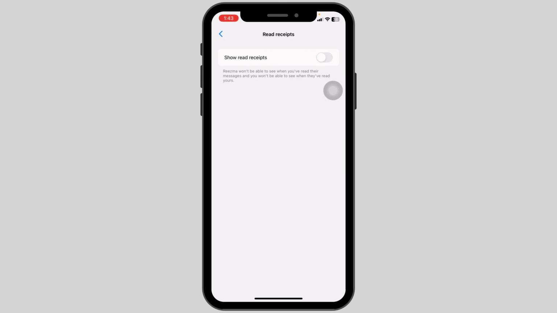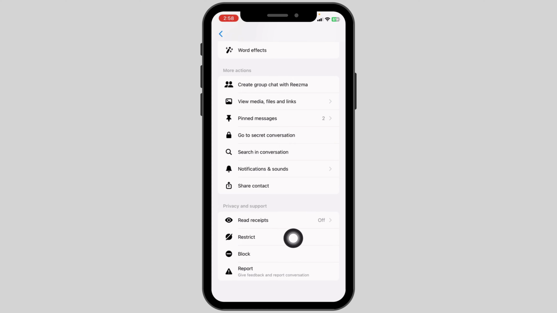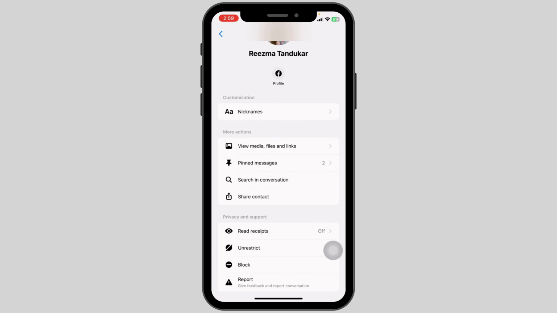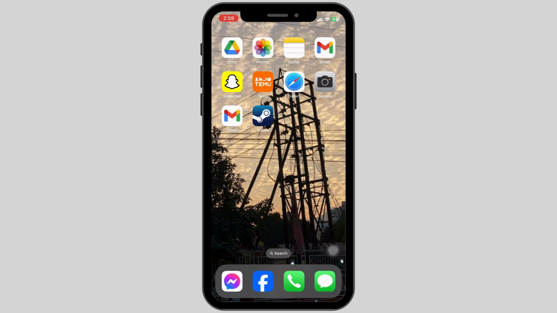Now this person won't be able to see when you have read their messages and you won't be able to see when they have read yours. Likewise, what you can do is click on this option of restrict. Restricting will move this chat out of sight and hide your activity. Click on restrict. Now even if you view the message from that person, the message delivered tick mark won't be enabled. So this is how you can turn off message delivered tick mark on